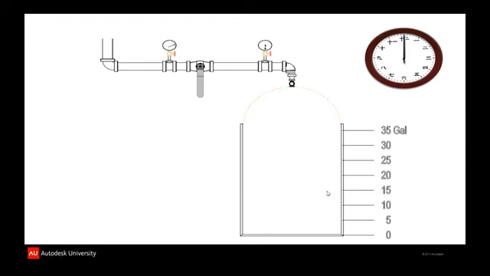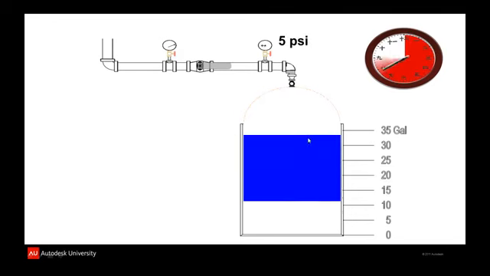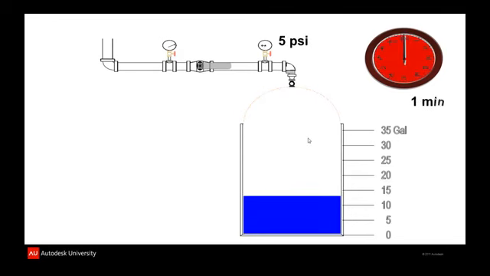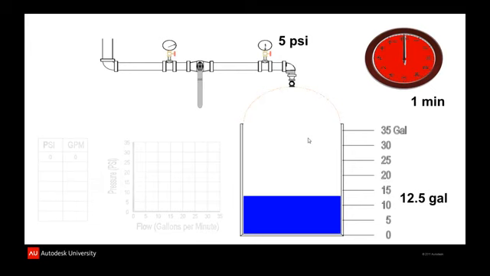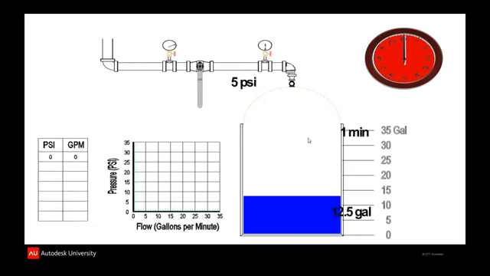This is a little bit larger than an average garbage can, but has been marked very carefully so that we can show how much water has collected in that during the 1 minute. And the 1 minute will be timed on our clock. So let me run that first test very quickly. I'm going to open the valve so that we get 5 psi. We're going to run water for 1 minute, and then we're going to measure how much water came into the tank. In this particular test, hypothetically, we got 12.5 gallons,